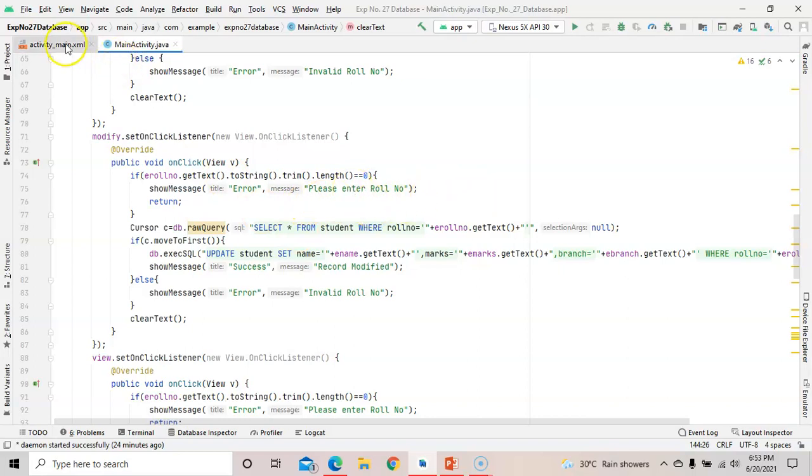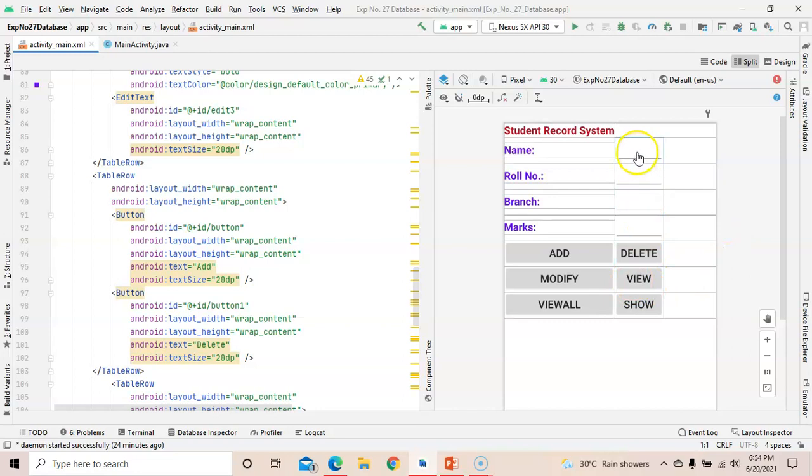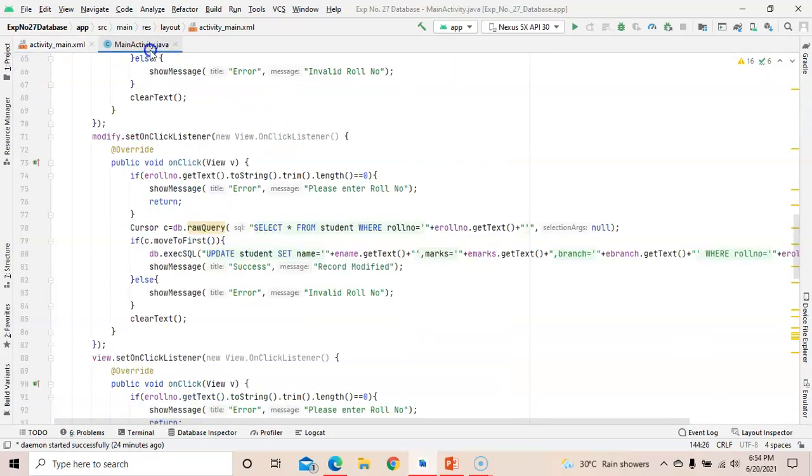Okay, so what we basically do is, when we enter roll number 5 here, we then need to press the view button. So all the information related to roll number 5 will come, and then you modify that information, like the name was XYZ, now I am taking the name as PQR. So I need to type PQR there and then press the modify button. So roll number 5's name will be modified in the database.